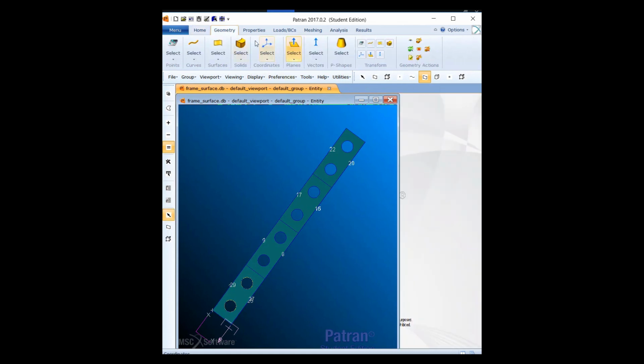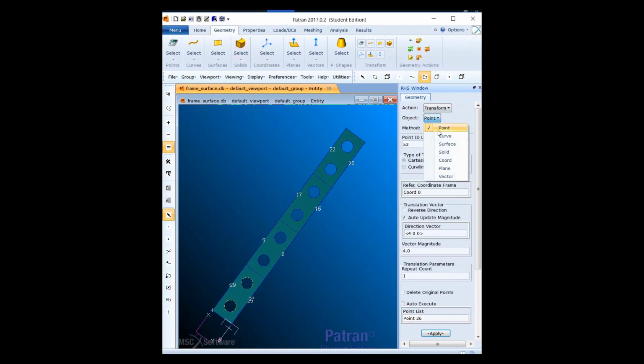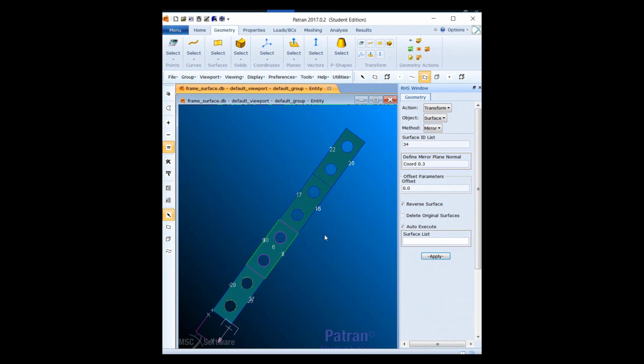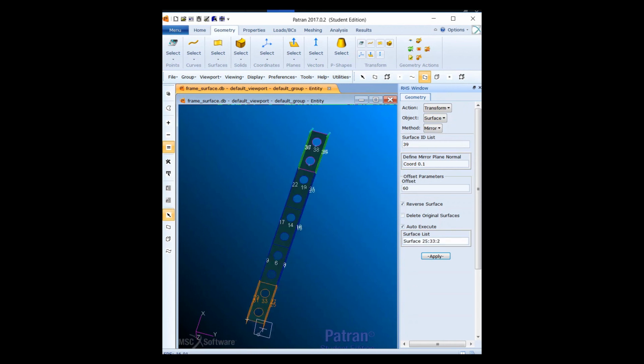And now we're gonna go to geometry and transform our geometry. We're gonna create surface mirror, and define mirror plane normal. We're gonna select coord 0.1, and the offset is gonna be 60. We're gonna check the reverse surface, and we're gonna click under the surface list, and we're gonna select the surface just like me. And we're gonna click apply,